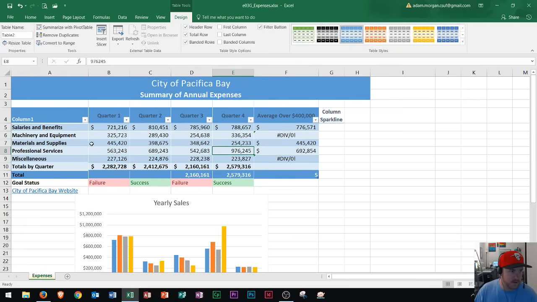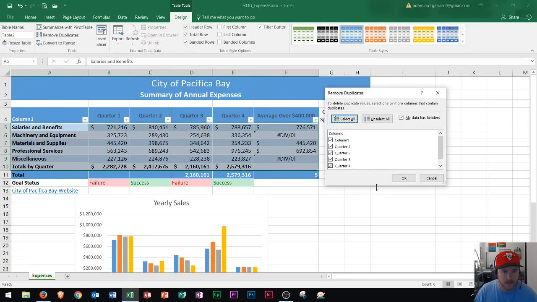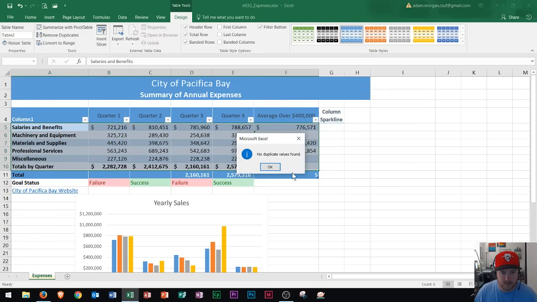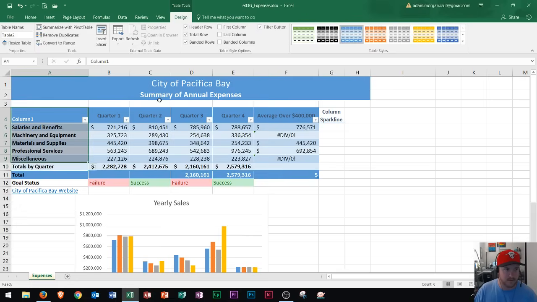And then finally, it'll ask you to remove duplicates. So let's say I look through here on column 1 and I wanted to say, hey, let's remove any duplicates. So you could go to Table Tools, Design tab, Tools group, Remove Duplicates, and it'll look through all the columns and remove the duplicates. Okay, in this case I had no duplicates. In the MOS test you will have some duplicates to remove. Okay, all right, so that should help you out with everything that you need to know for a table,